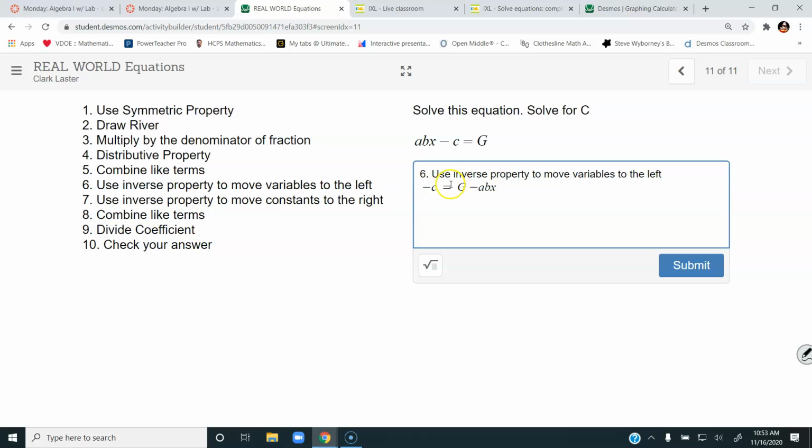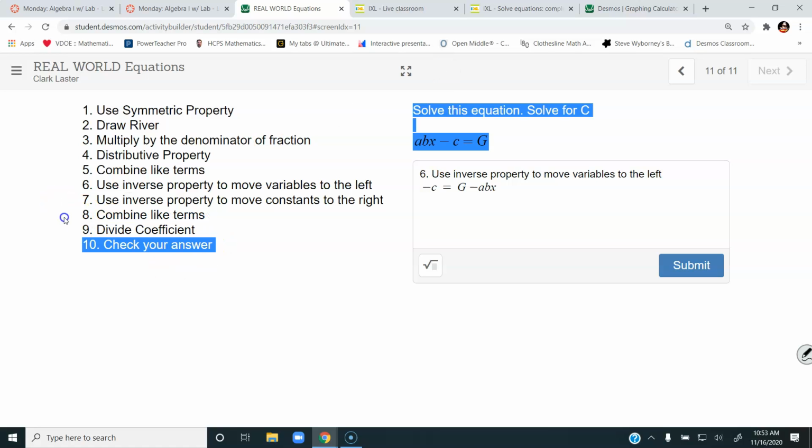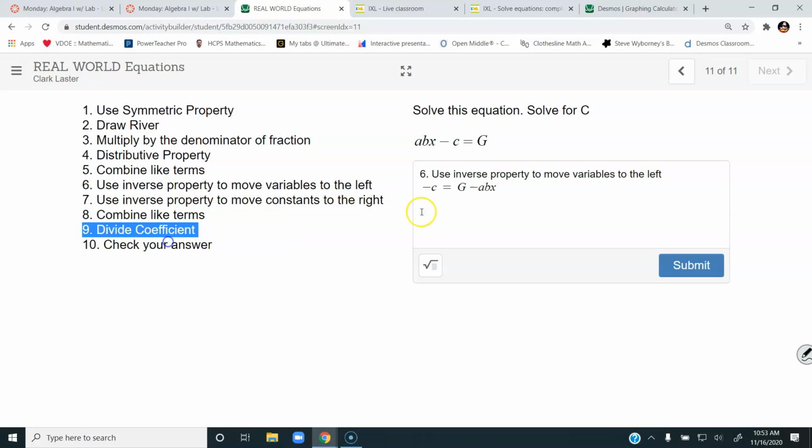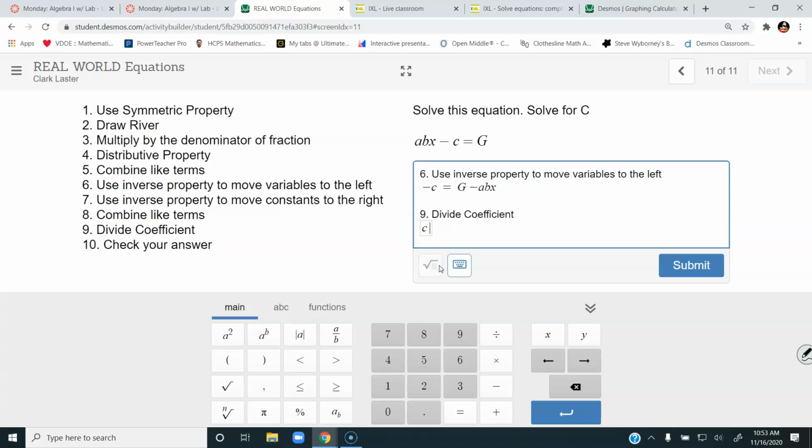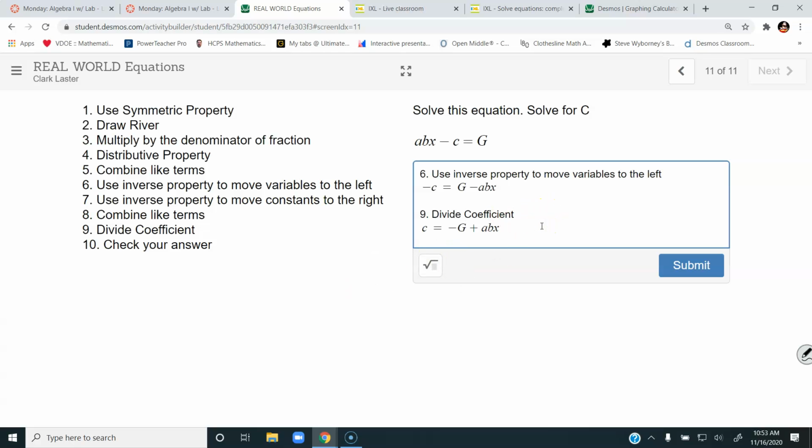Now, the trick here is that you all might get confused that the letter C is negative. So in that scenario, you would need to divide, and you're dividing by -1, which ultimately means you're just switching all of the signs. So you'd have C equals negative G plus ABX. Now, some people don't like to divide by negative. So the other thing you could have actually done,